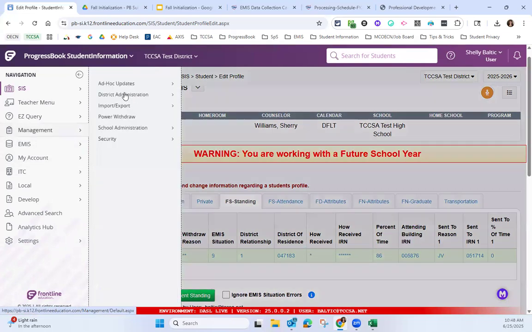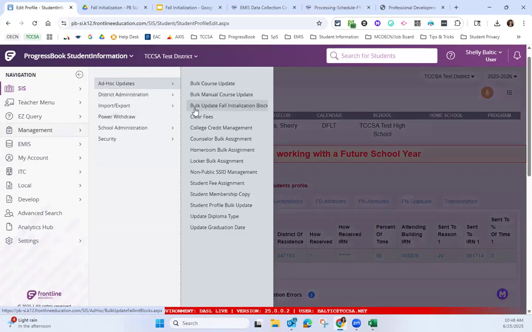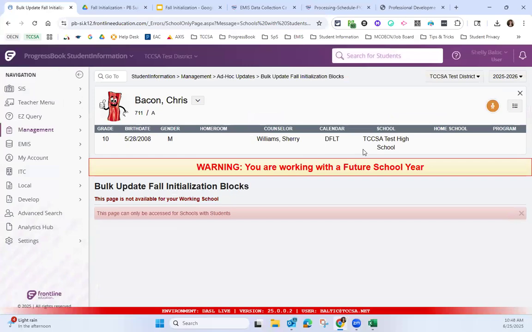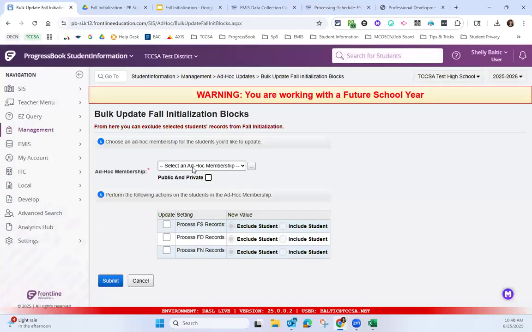So when I go in to my ad hoc updates, there is one that says bulk update fall initialization. In here, sorry, I have to be at the high school. I'm going to pick my ad hoc membership. So that was my new students. And I want to update them and I want to exclude them from the FS. Okay, so if I hit submit,